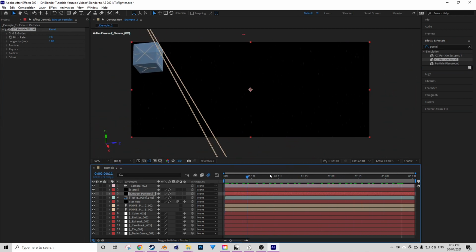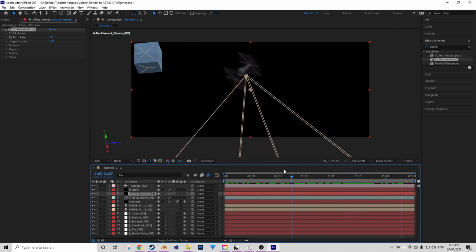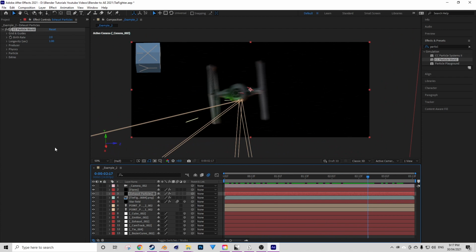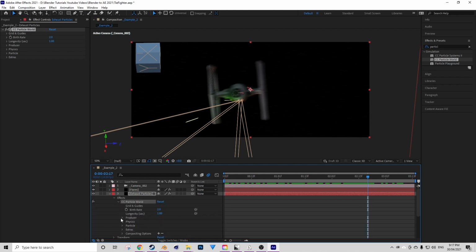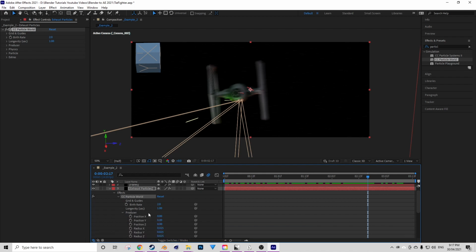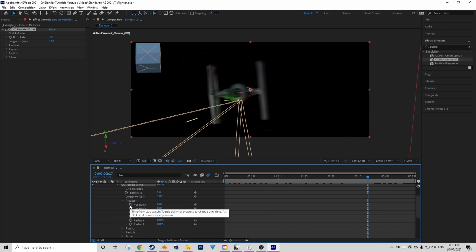Now, as it is now, probably not going to see much of our particles at the moment, because what we have to do is we have to tell these particles to align themselves with the exhaust null object that we have in our scene. So to do that, we're going to use a little bit of coding, to be perfectly honest. So you want to come under your exhaust particles and then under your effects, CC particle world, and go to the producer. This is what is controlling where the particles are being emitted from. And then under your position X, we're essentially going to,